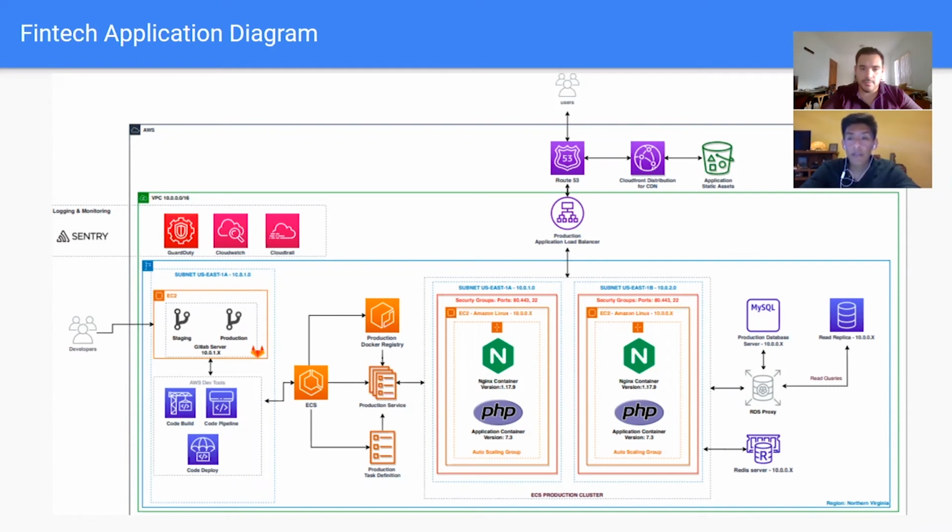That's GuardDuty. GuardDuty is using machine learning, and it analyzes the CloudWatch, CloudTrail, and also Sentry logs. So you have a centralized application that will help you with security in order to detect frauds, detect intrusions, detect security patches that you may need to apply to your application.